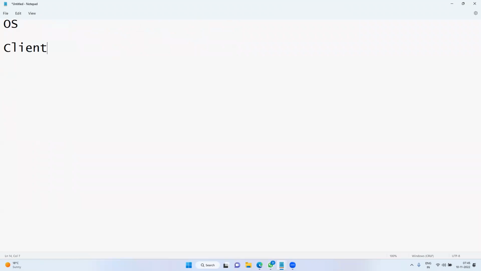One is client side OS. Okay, other one is what? Server side operating system. Client side, other one is what? Server side OS. Okay, client side OS are, as you know that already, Mac, Windows 10, and we can say Windows 11. Server side operating systems, again we have two.